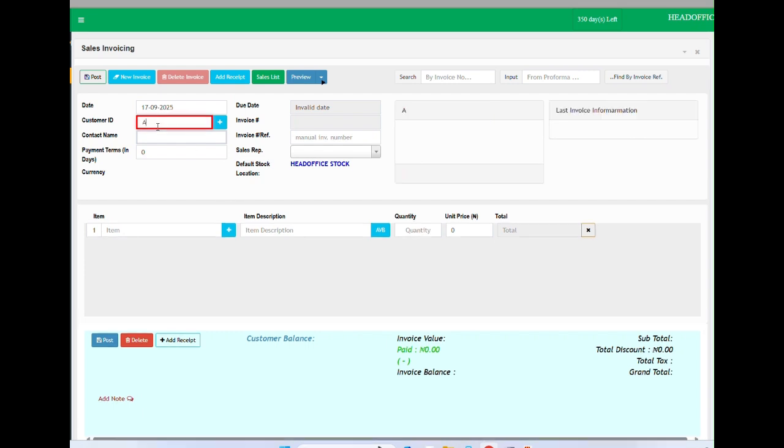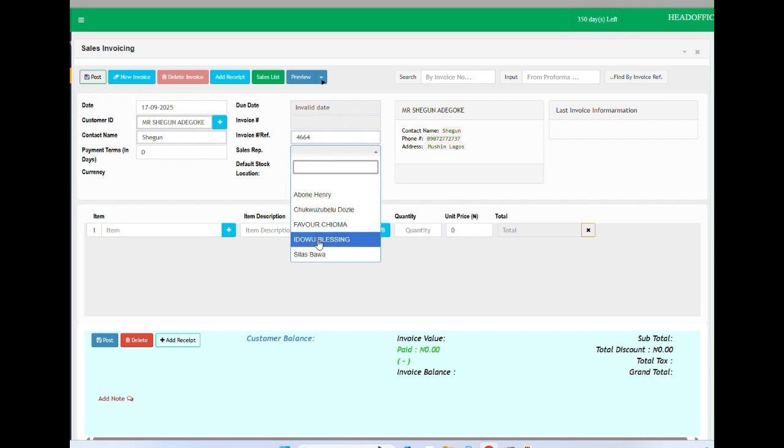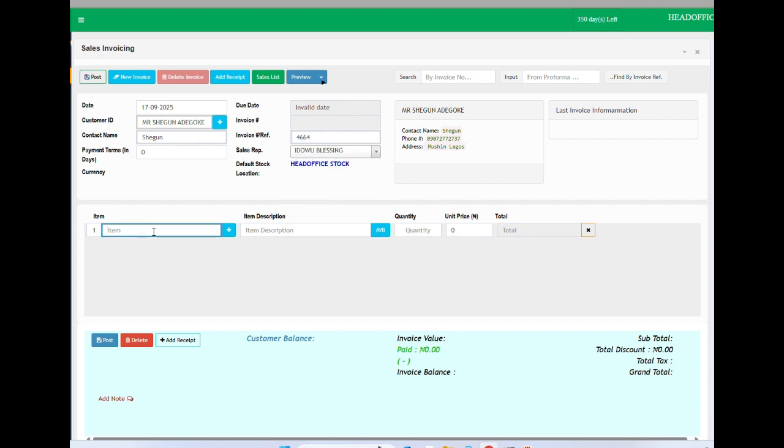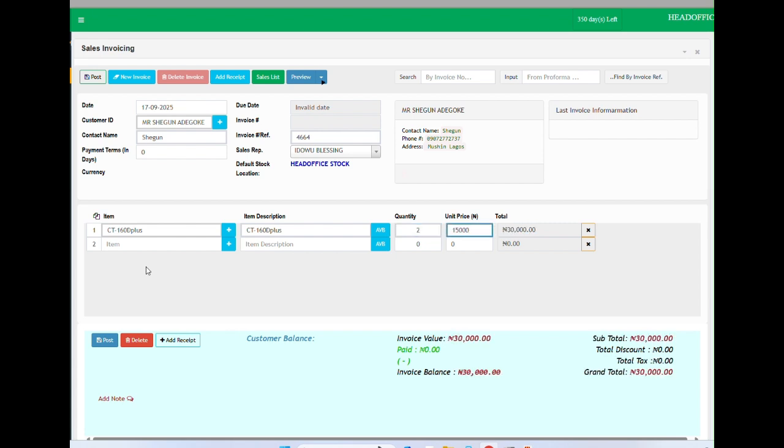In this case, let me work with Adegoke as a customer. So now, this manual invoice is where you put the manual invoice number. If you are copying these sales from a manual invoice, you need to put the manual invoice number, then the sales rep, then the items the person is buying, right? So let me pick one or two items. Say let me pick this one. He's buying two of these for 15,000. Don't mind the price, and he's buying